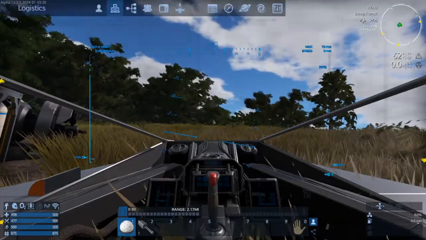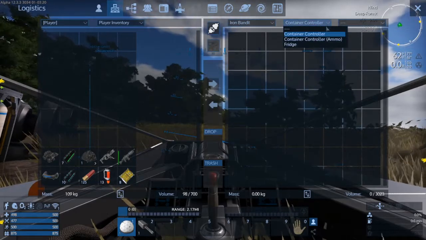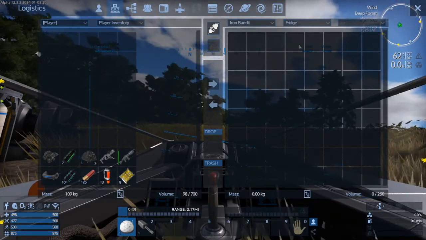We're going to jump in real quick, see what we got going on inside of here, and you'll see we got 3,023 in the main. You got the ammo that's got 848, and then you have a fridge with 250. So